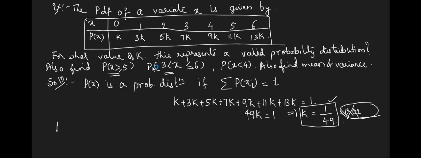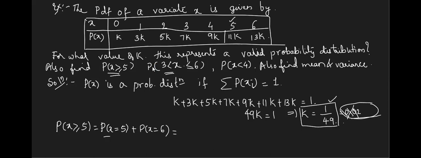So what they have asked, probability of x greater than or equal to 5. So see the values of x which are greater than or equal to 5. What are they? Greater than or equal to 5 means starts from 5 or after 5? 5 and 6. Yes, it starts from 5 and 6. So isn't it only two values? So two values is better. If I take a complement, complement contains all these. So not to take a complement, you can say directly p of x equal to 5 plus p of x equal to 6. Done.